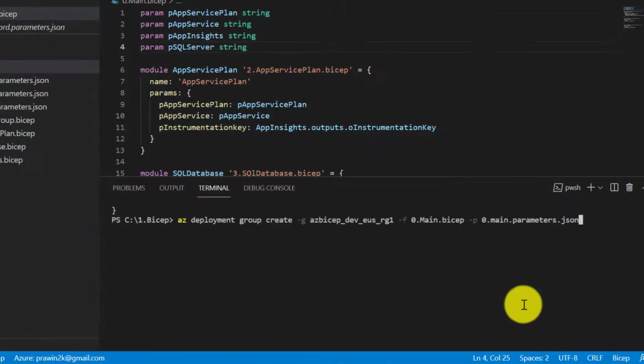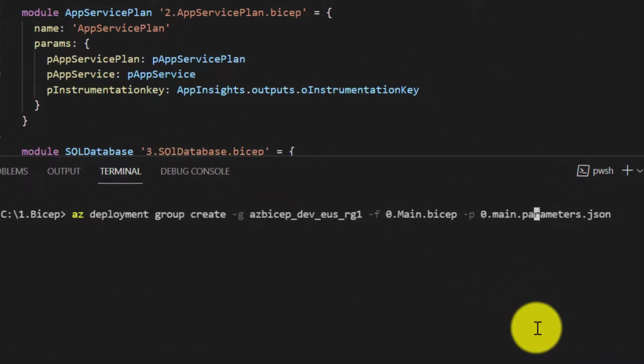So all we need to do is change two things. One, the resource group name instead of dev. If you want to run it in staging, change the resource group name and provide the name of the parameters file for staging. Press enter.